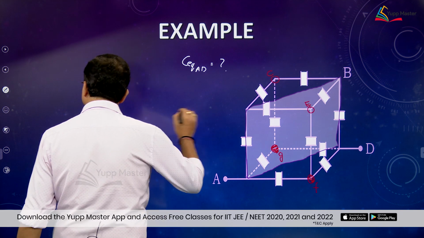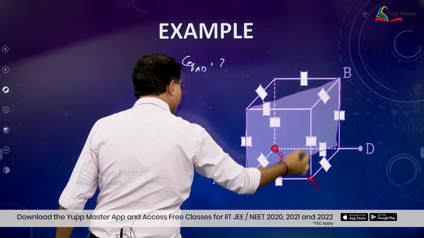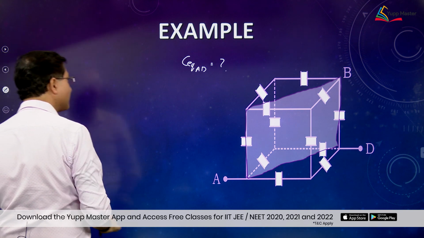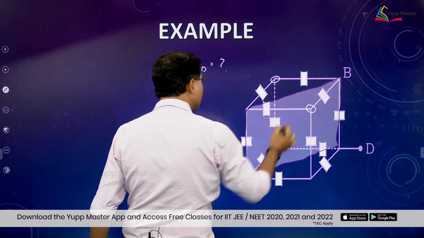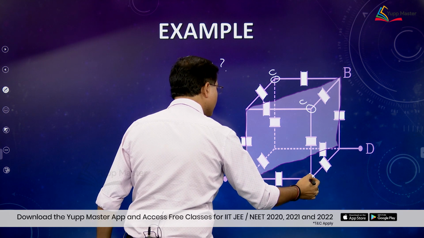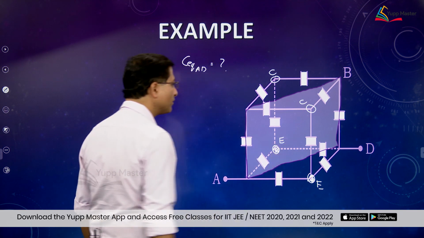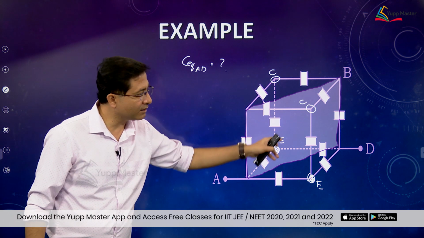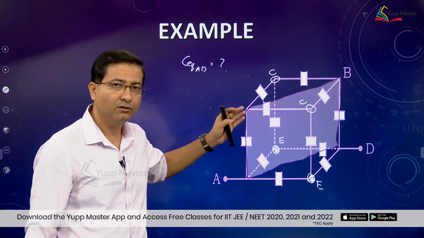So instead of writing this way, I can give the same name and start connecting capacitors after simplifying the circuit. So here I will call this one C and C, and I call this one E and E. So now you can simplify the circuit. You have to move from A to D, and these many points you are getting, represent them by a single point. You can reduce the circuit and you have the C equivalent.